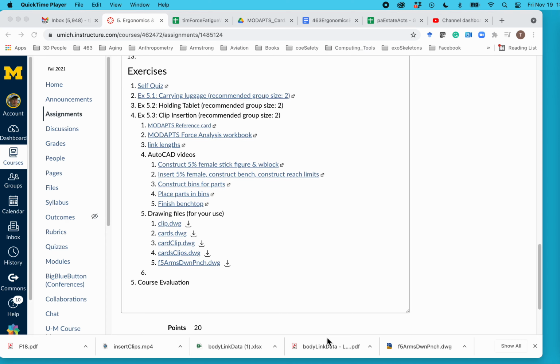The next step of this exercise is going to be to go ahead and complete our MODAPTS analysis. I've given you a special MODAPTS form for this. You can find a link to it in the assignment. I also put one here on the summary table at the top of the assignment page. If you click on it, it should open